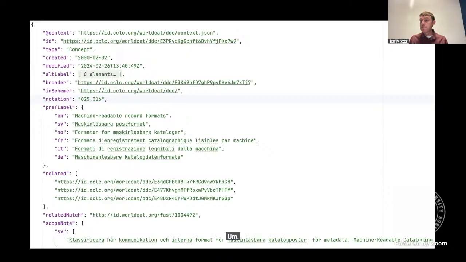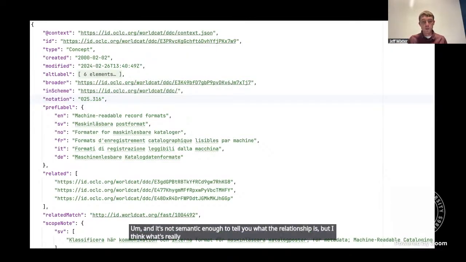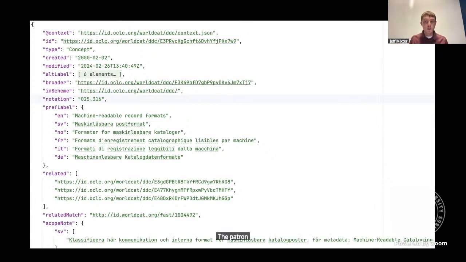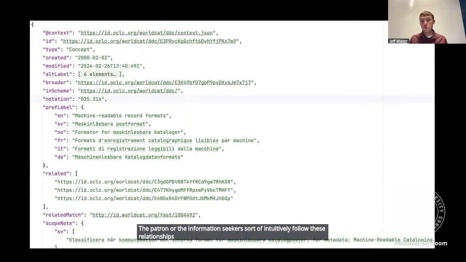And it's not semantic enough to tell you what the relationship is, but I think what's really valuable is that it can make the connection to allow the patron or the information seeker to intuitively follow these relationships to find new and interesting things in unexpected places. And I think that really gets to one of the key values of linked data and data within a graph.